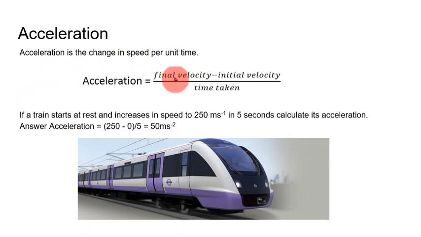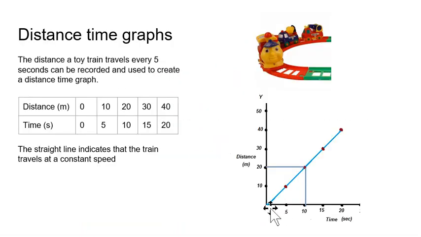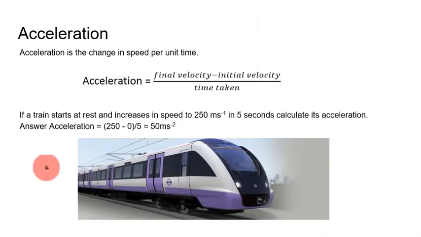Another way to think about speed is velocity. So instead of having a constant speed, you have a change in speed. For example, the last time we looked at this, this indicates that the speed doesn't change over time. It's just constant. As time goes by, the speed stays the same. At any of these time points, if you were to measure the speed of the train, it's traveling at the same speed. However, with acceleration, you get this change in speed, or change in what's called